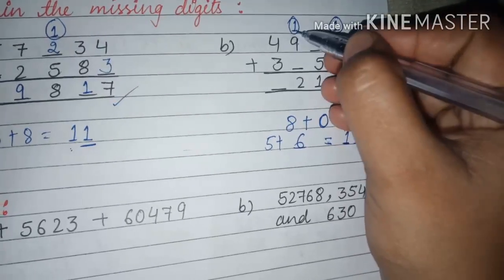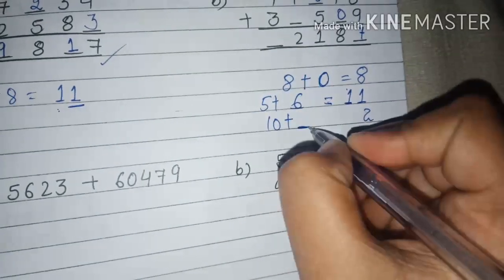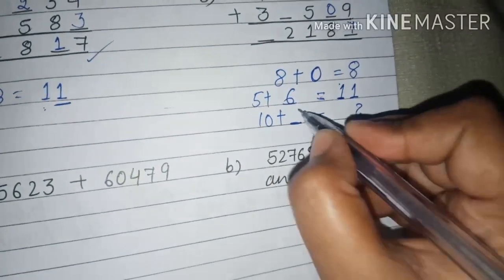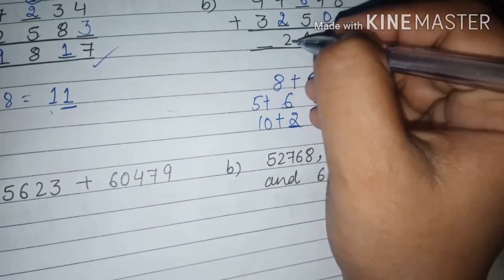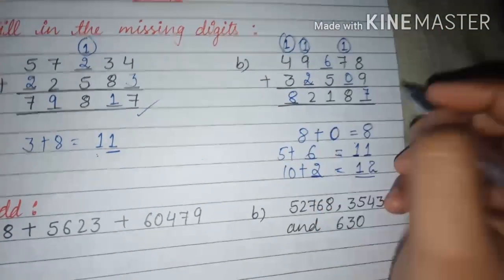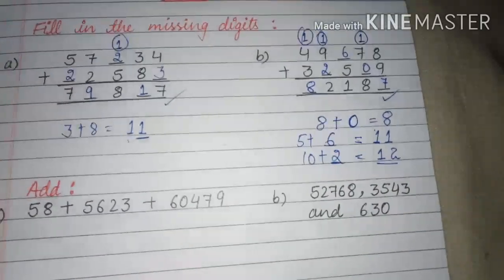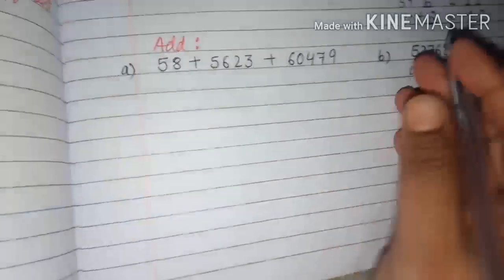ओके, 9 और 1 is 10. 10 में क्या प्लस करूं कि 2 आए, यानी यूनिट प्लेस पे 2 आए? 2, तो 10 में 2 प्लस किया 12 हुआ, तो मैंने 2 प्लस किया 12 का 2, कैरी हुआ 1, 4 और 1 is 5, 5 और 3 is 8, and you will get your answer. Is it clear? Now next type of questions we just have to simply add them.